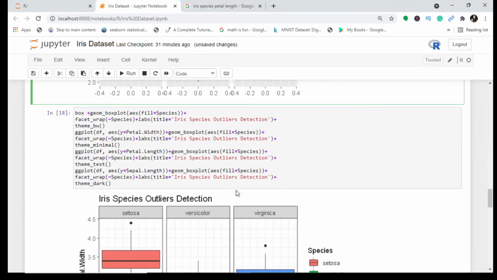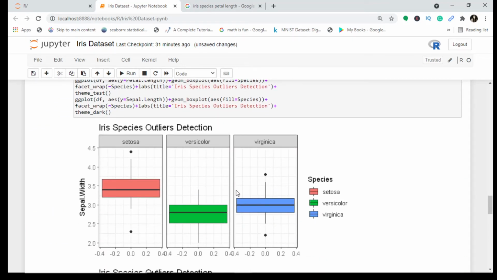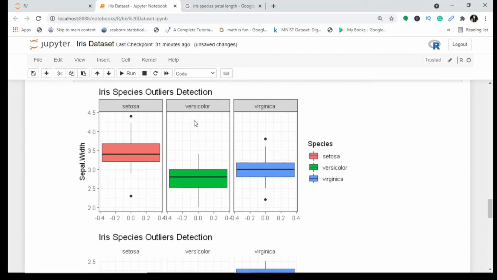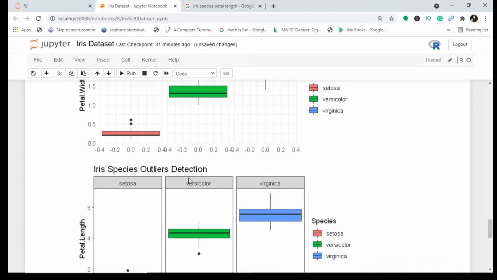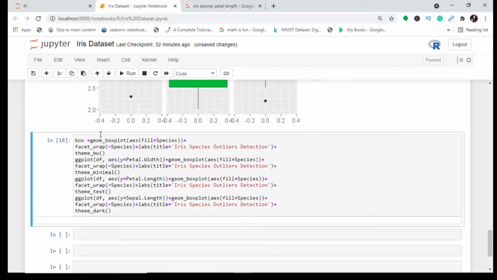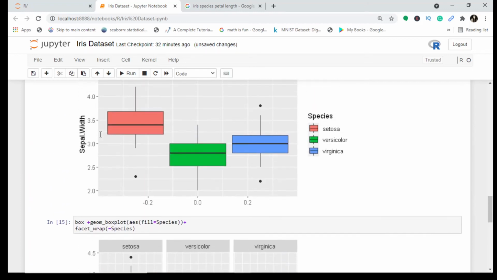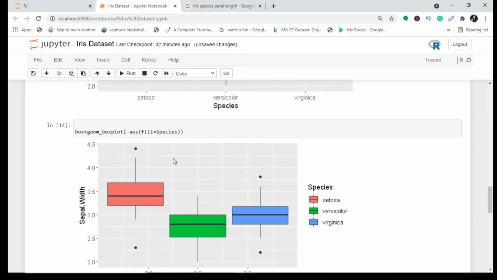But when you're experimenting with different datasets which are unbalanced, you will find various outliers, and you can also check these outliers with the help of a violin plot also. It's a mix of box plot and density plots.